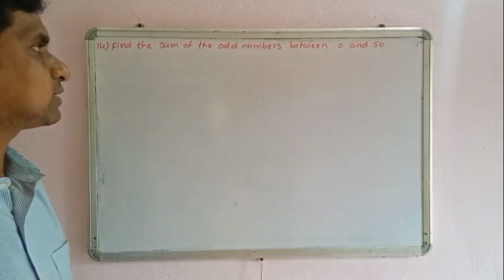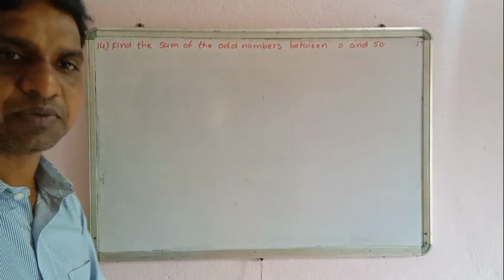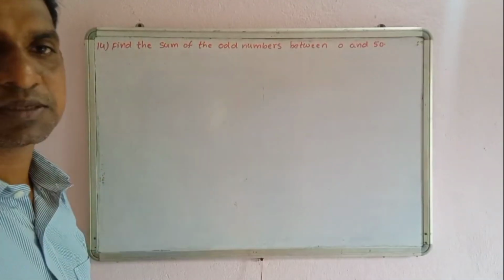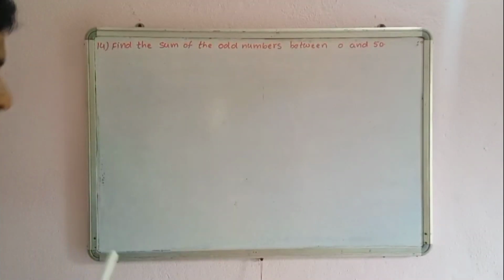14. Find the sum of the odd numbers between 0 and 50. 0 ki 50 ki madhyalo ఉన్న odd numbers ento what sum ento cheppali. Okay, see